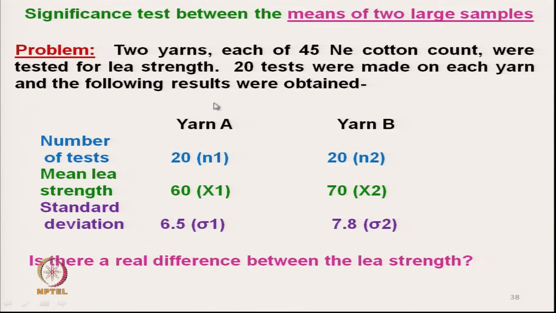Now, suppose yarn A is being offered at a little cheaper price. If the prices were the same, we would definitely go with yarn B, but when yarn A is offering some discount, we have to take a decision. At the same time, it is said that we cannot compromise our strength. Okay. Now, what do we have to do?